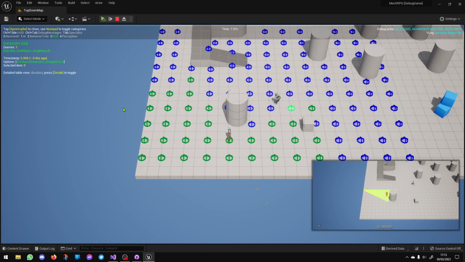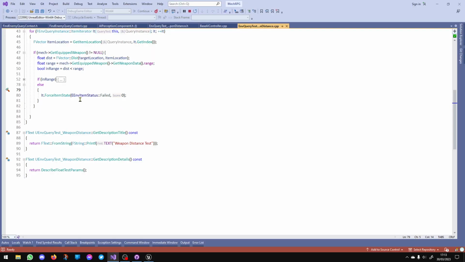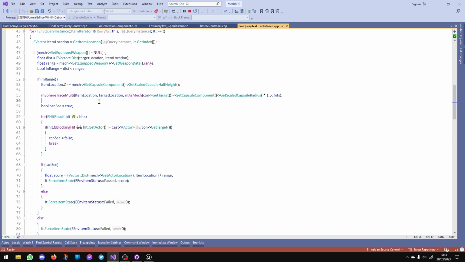And that's of course because the locations are out of range. But then you can see some of these inner points, some of them are green, some of them are blue. And these are the ones where I determine line of sight, which is all this. So I did something which I think was the appropriate means of doing this. But essentially,